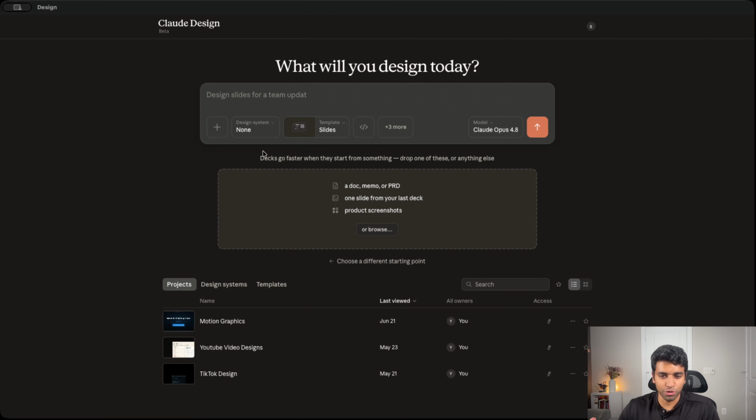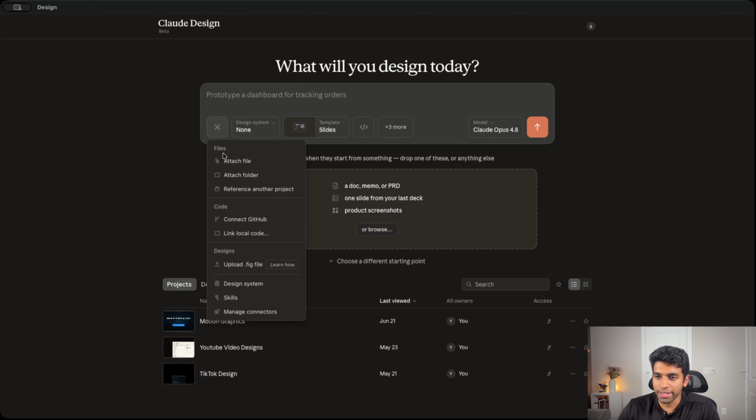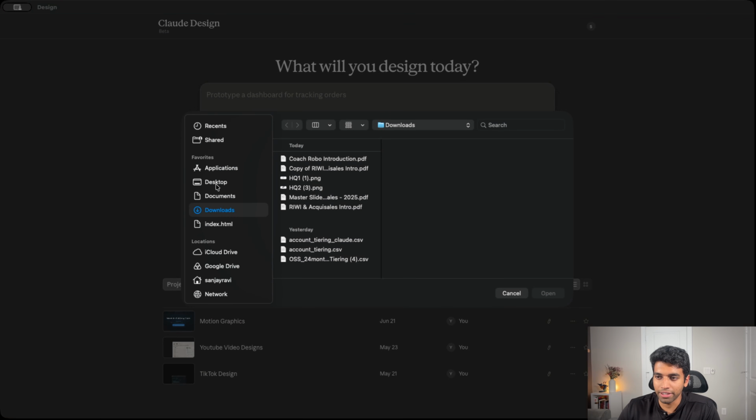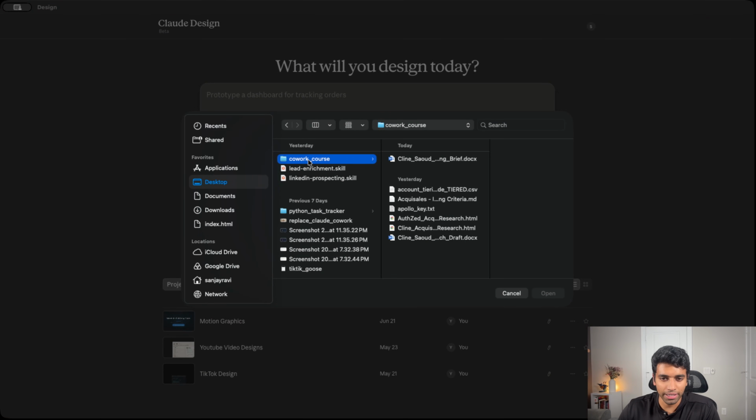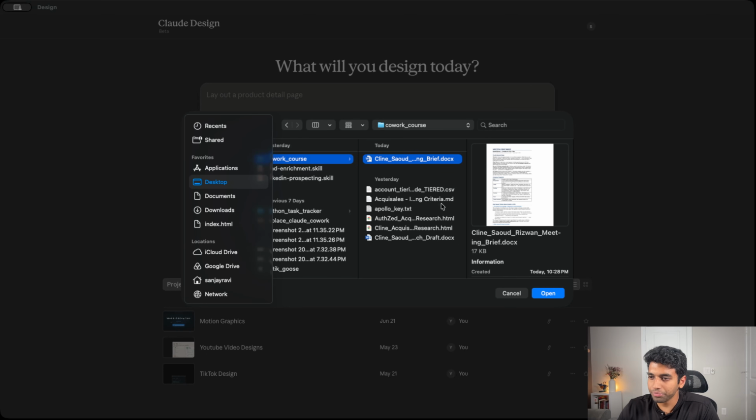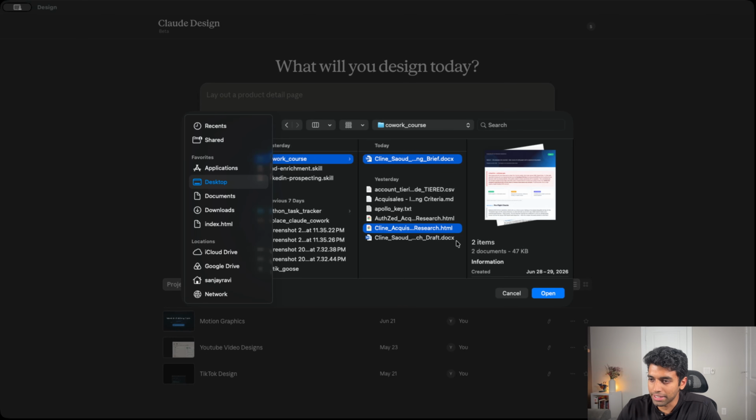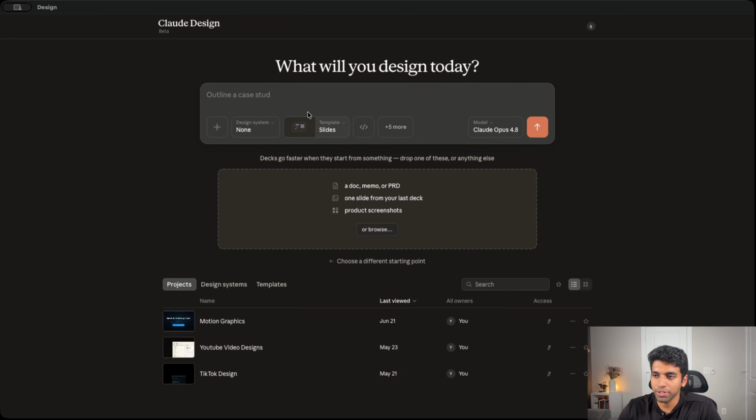This is called few shot prompting. We're giving Claude a couple examples of what a good slide deck looks like. And so what I'm going to do next, finally, is we're going to go back in here. We're going to go to the slide deck folder that we were in, and then we're going to also attach both of the files that we generated through our research, both on the person as well as on the company. So the task I'm going to give to Claude is,